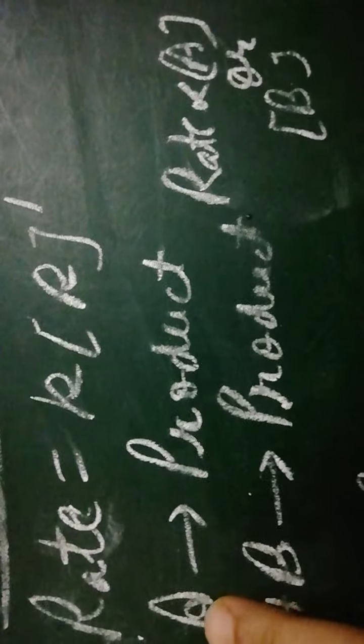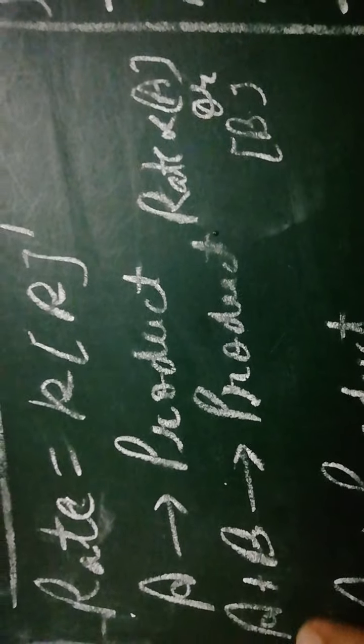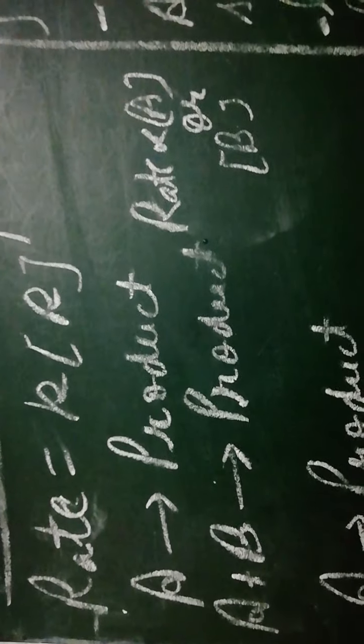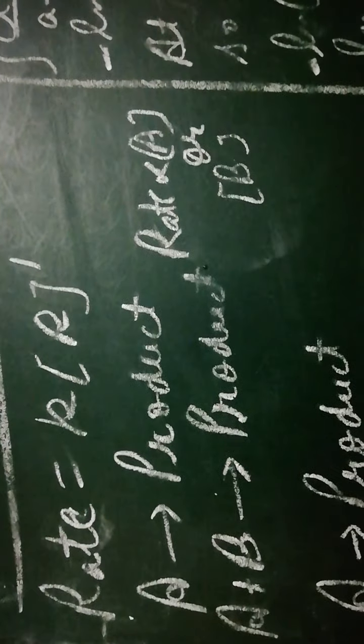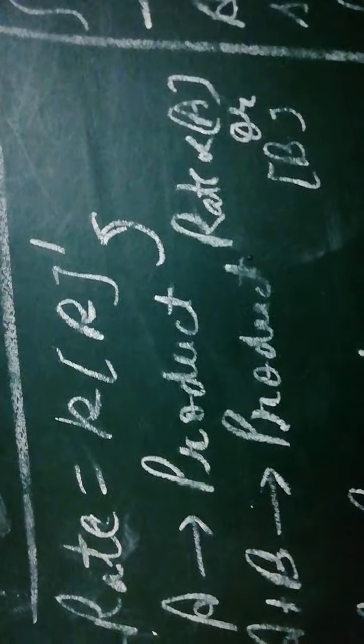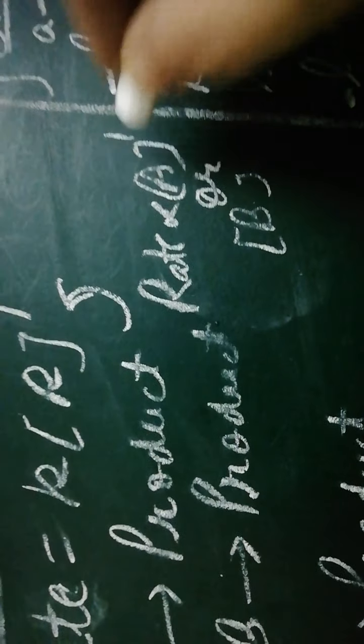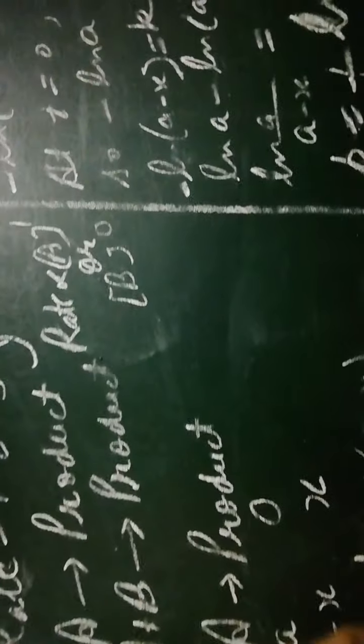Because this is a first order reaction and the order should be equal to 1. So let us consider this equation, in which our reactant A is converted to products. Also we can have this type of equation in which there are two reactants. Let us suppose the two reactants are A and B and both are converted to products. For this equation we can easily write the rate of reaction in this form, and in this case the rate of reaction is either dependent upon the concentration of A or dependent upon the concentration of B, so that the order of the reaction is equal to 1 and it is a first order reaction. So let us consider the first reaction, that is A is converted to products.